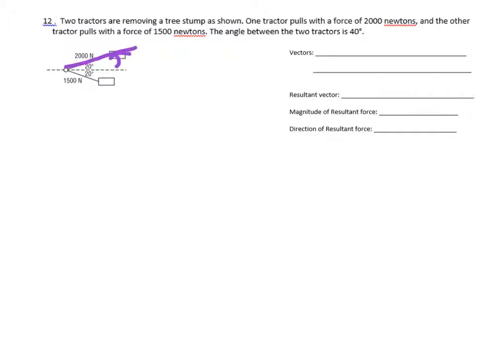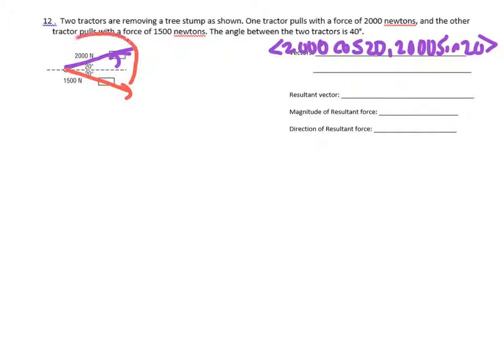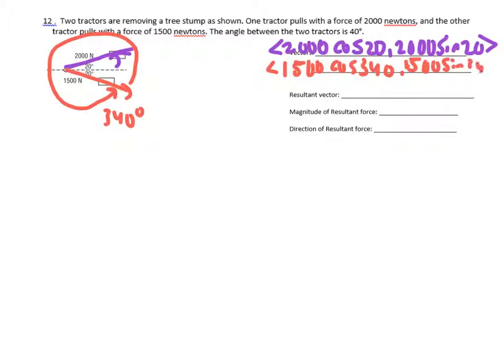Okay, my vector is going to be 2,000 cosine 20 degrees, 2,000 sine of 20 degrees. For the second one that's down here, that's everything but 20 degrees. That's 340 degrees. So you're doing 1,500 cosine 340, 1,500 sine 340. And when you add those together, your x's and your y's, you're going to get your resultant vector is